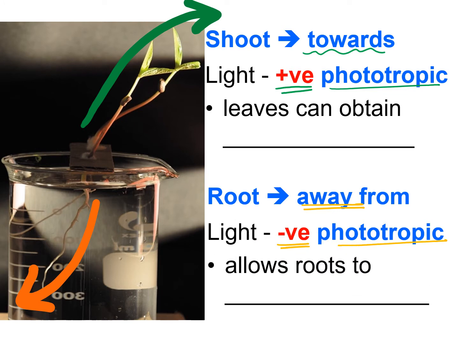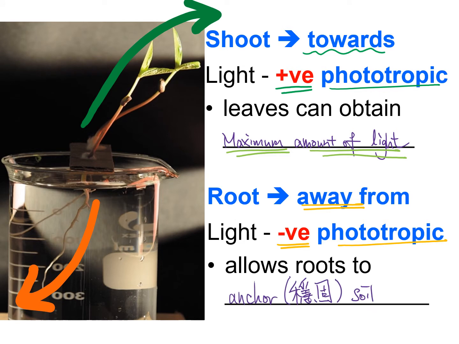Now the question is, why does the shoot grow towards the light, while the root grows away from the unilateral light? This is because the leaves have to get the maximum amount of light. Therefore, they grow towards the unilateral light. On the other hand, the root would like to anchor, 穩固, the soil. Therefore, they tend to grow away from the light and grow deep down into the soil for better attachment and